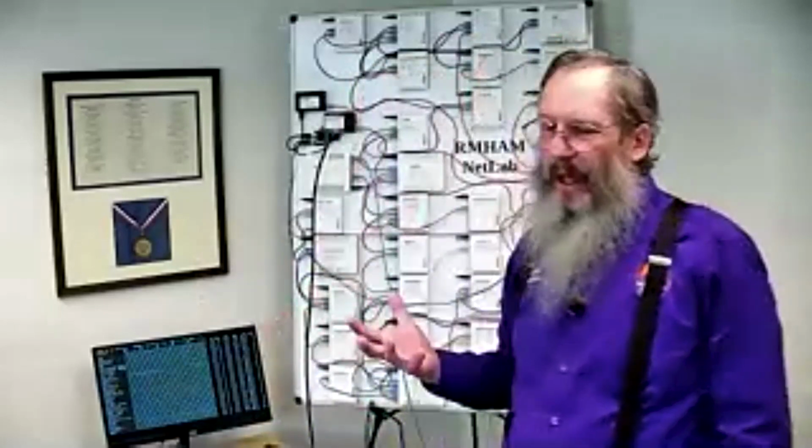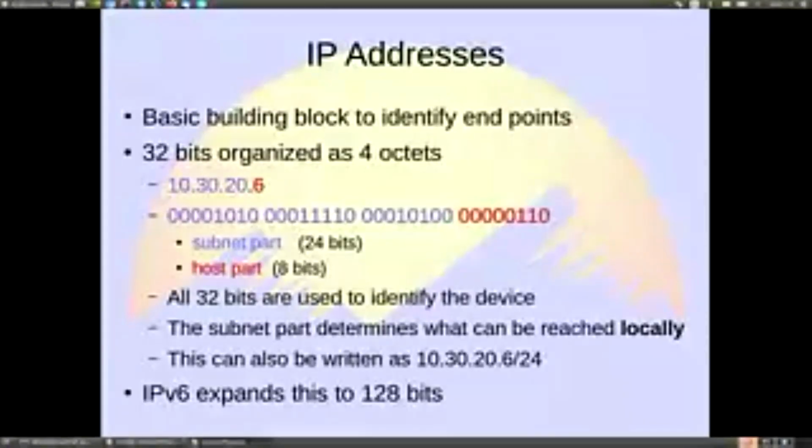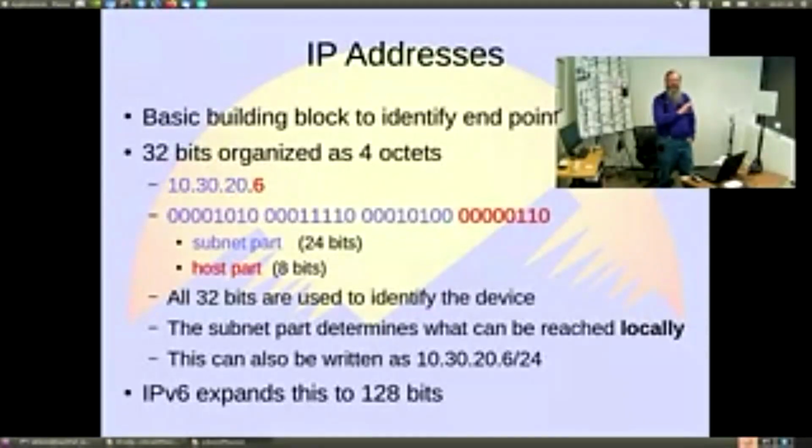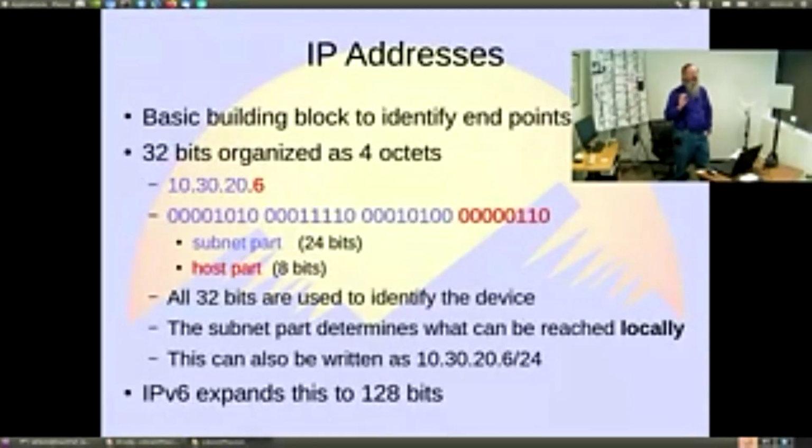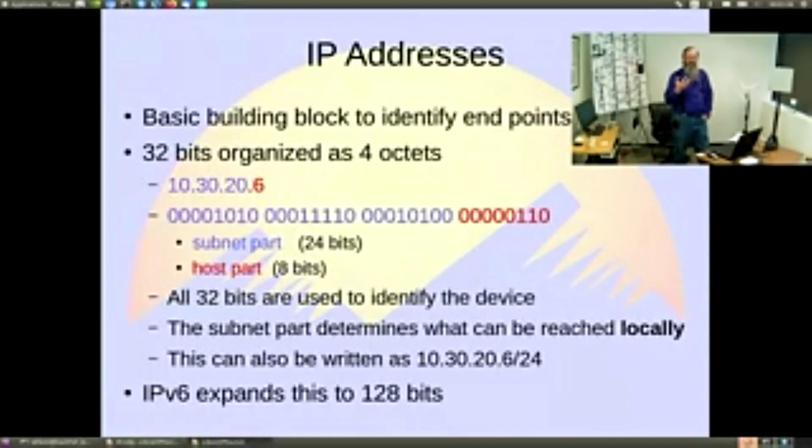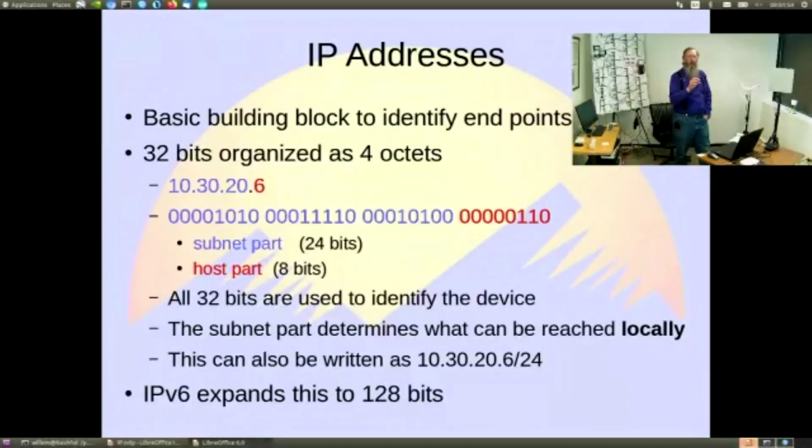Everything needs to have an address. So that address is basically the building block that makes everything work together. The address is a 32-bit number that we typically represent as what's called the dotted decimal notation. So it's basically 4 octets, so 4 numbers that each represent 8 bits. So if you look at a number like 10.30.20.6, which happens to be the address for my little DNS server here,